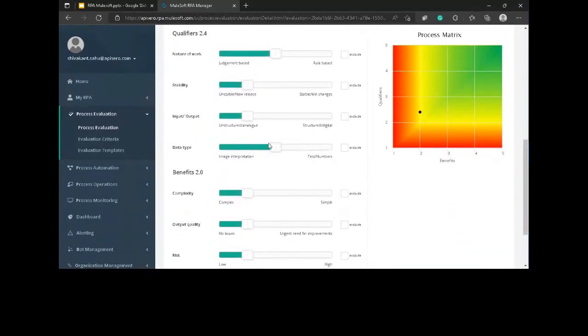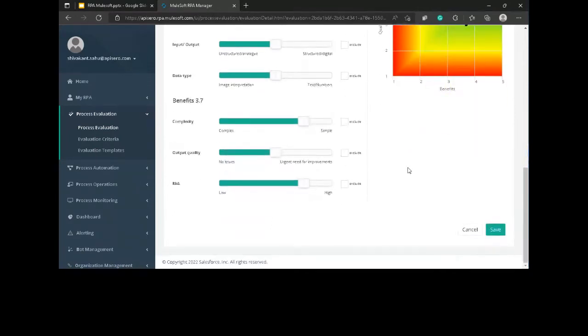If I change this, you see this keeps moving as I change it, as I make it more simple or complex. So this will define the benefits against the qualifiers. Then I can save it.